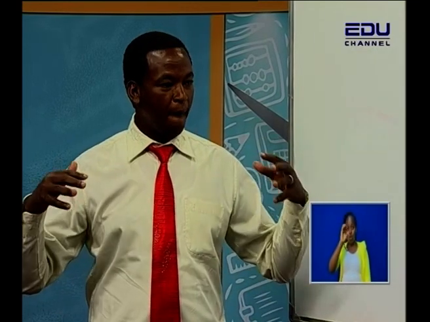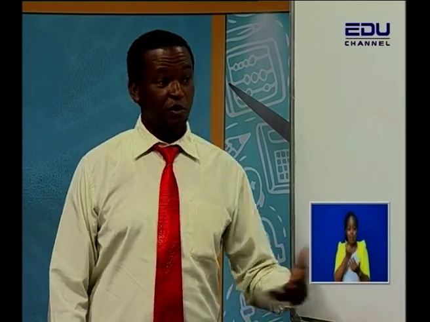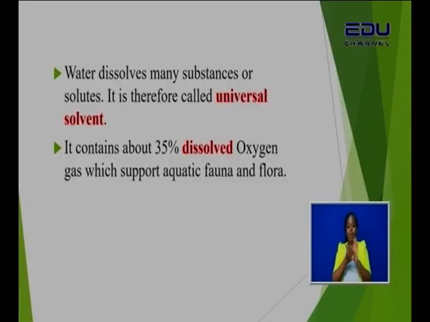It's a universal solvent, because many substances dissolve in water. The substances will be called solutes. In chemistry we call them solutes, and the water now is the solvent. So water can be called a universal solvent. And of course, this water we are talking about, like this one that you have here, about 35%